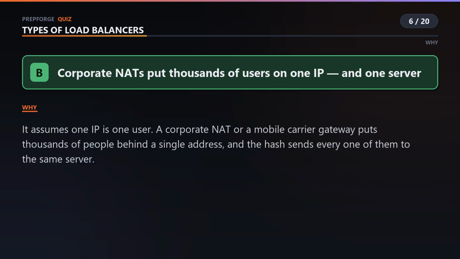A corporate NAT puts an entire office behind one address. A mobile carrier gateway can put a whole city behind a handful. The hash faithfully sends every one of those users to the same server, and you get a hotspot that your evenly balanced dashboard insists cannot exist.